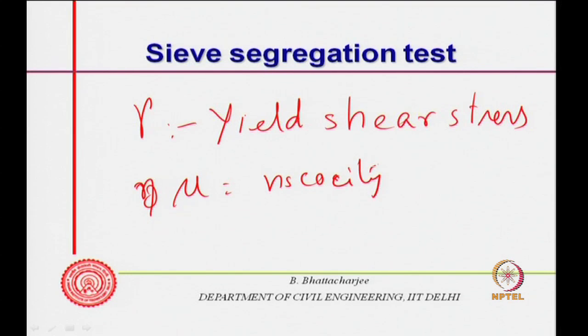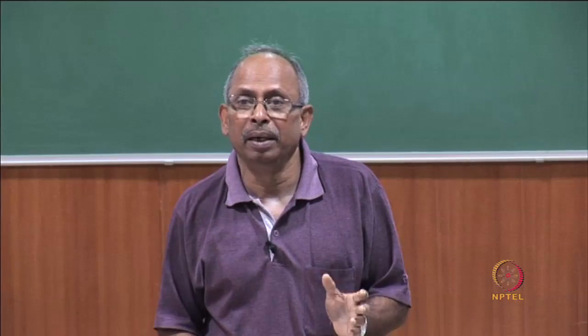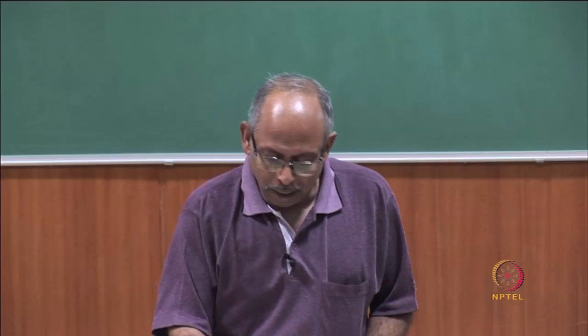Viscosity should have been sufficient, but at the moment this is not really happening that way. For example, if you plot gamma versus viscosity, it should lie somewhere here. There is no universally accepted method to measure gamma or mu,